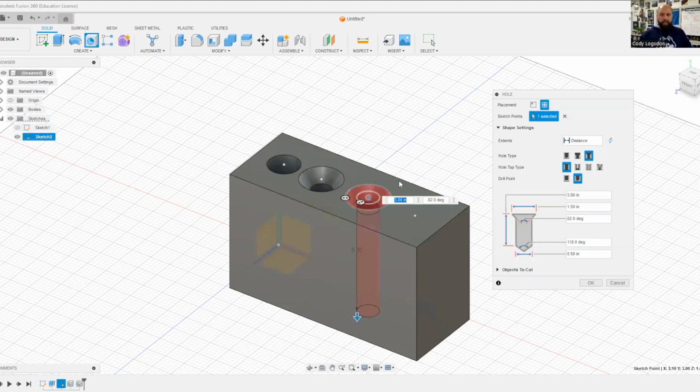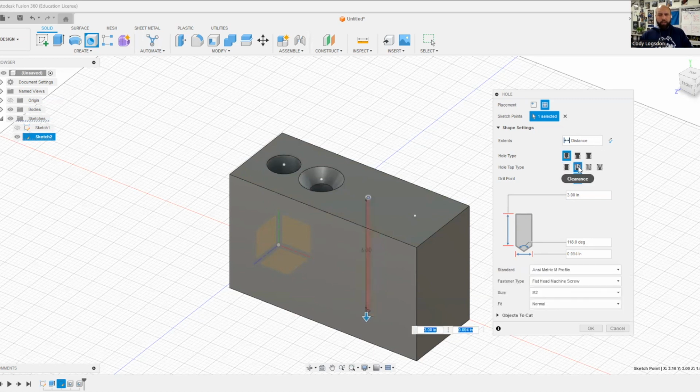So the third type is a very simple clearance hole. So if I go to the hole type, simple hole, and then the hole tap type, we're going to say clearance. All right. And then from there, again, the drill point doesn't matter, because the distance is going to be all. And then right down here, drill point, there you go. So the drill point does matter. Okay, so right down here, we're going to take a look at the diameter of this. Okay, so the diameter of your hole right here is going to be 0.50, which it's not letting me